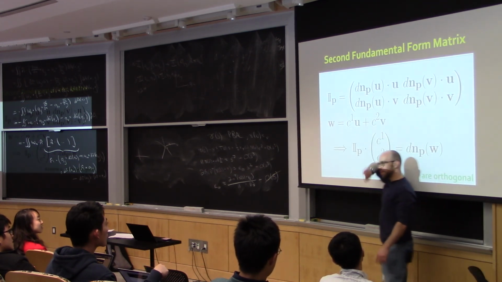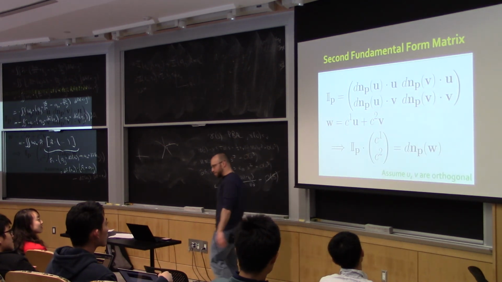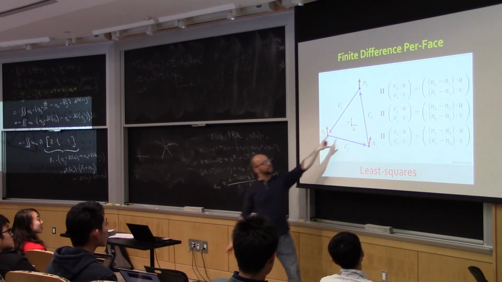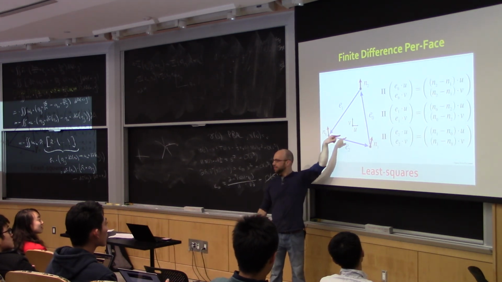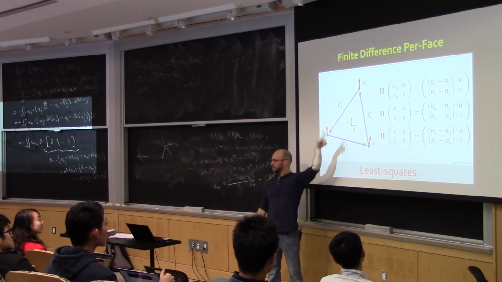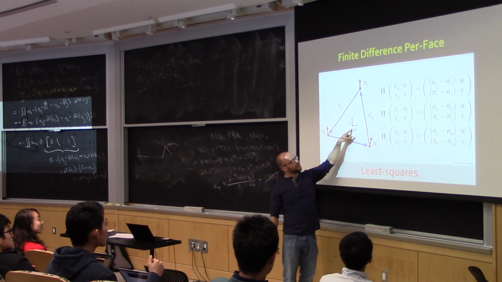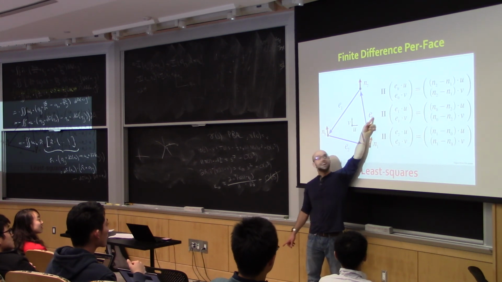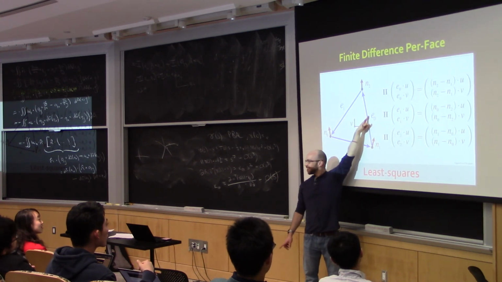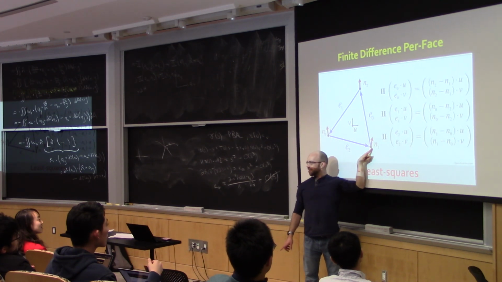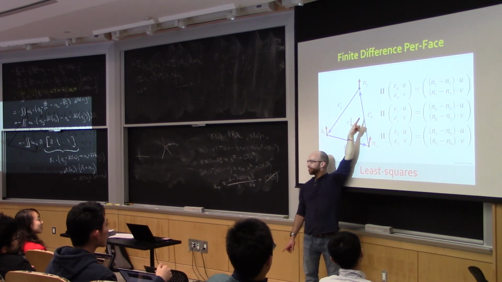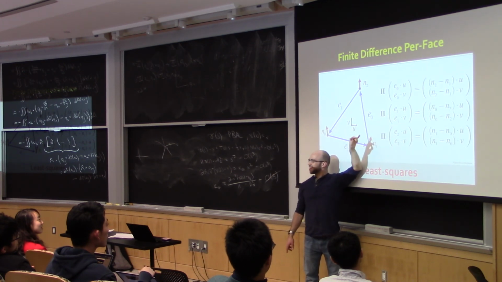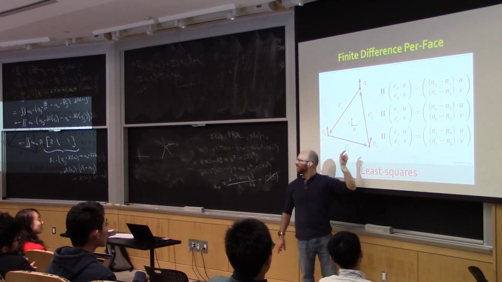So they solve a linear system of equations. Let's say I'm on a triangle. I arbitrarily set up a UV coordinate system in the tangent plane. It turns out the choice doesn't matter here. What do I know? If I take this unknown second fundamental form matrix and multiply it by this edge, I should get something that roughly looks like the normal at this vertex minus the normal at that vertex. Again, notice I'm assuming I know the normal. It's a pretty common assumption, but not necessarily a great one.